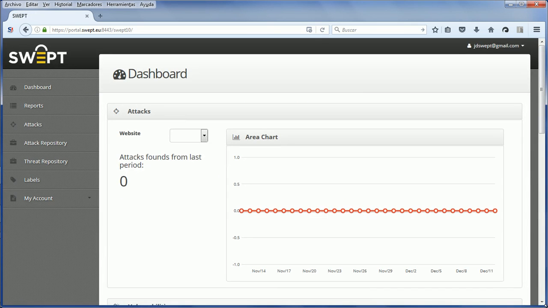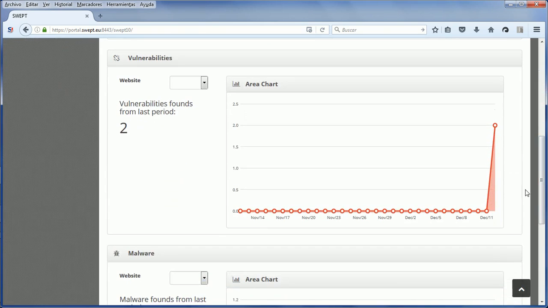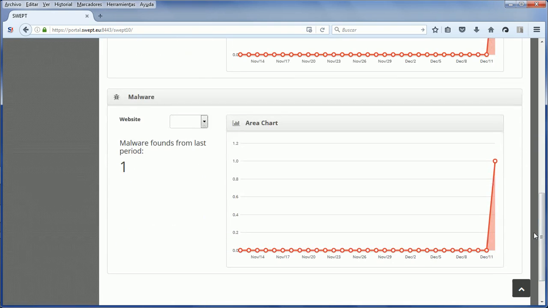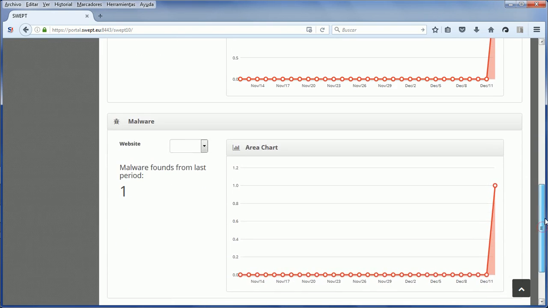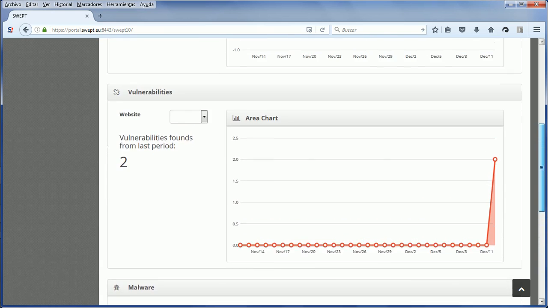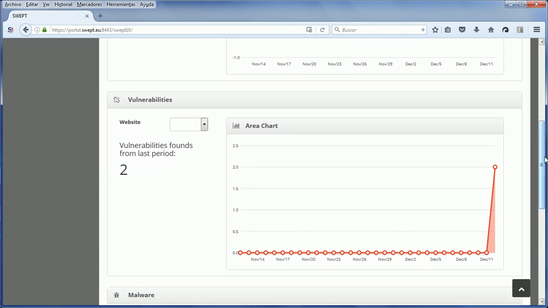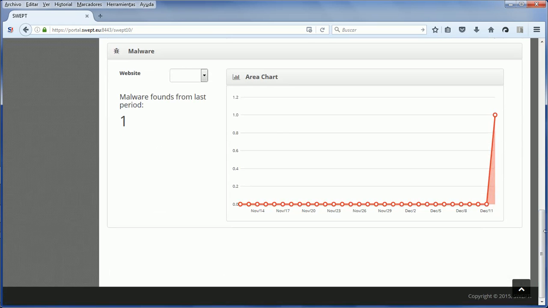The first page we see is the dashboard. In the dashboard, we can see a summary of the attacks, vulnerabilities and malware that have been detected during the last periods. In this case, we have no attacks because we have not purchased attack services for the created websites. But we can see that we have two sites with vulnerabilities and one site with malware, which is coherent with the expected results, as we have two different websites, both of which have vulnerabilities, but only one of them has